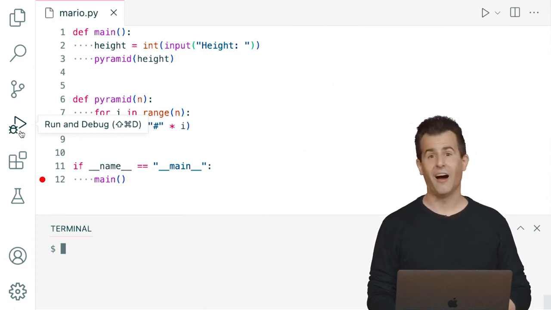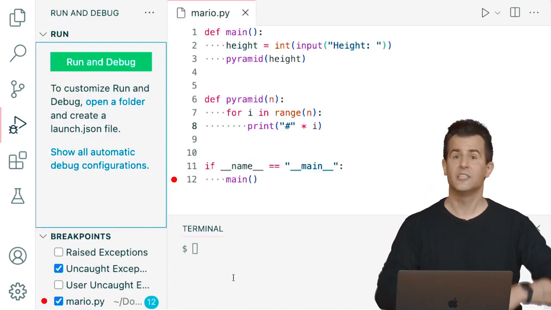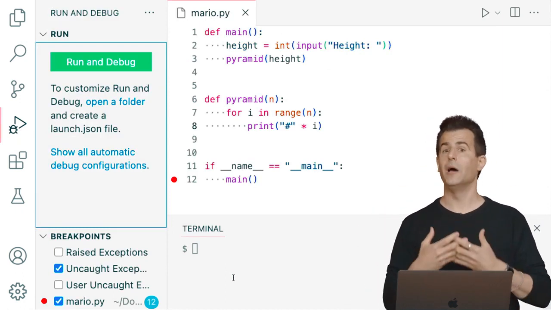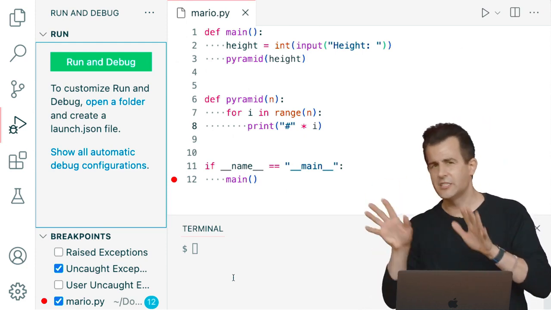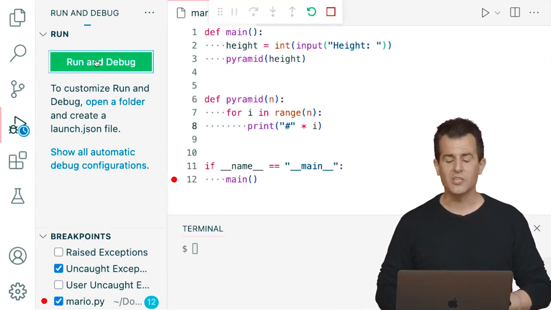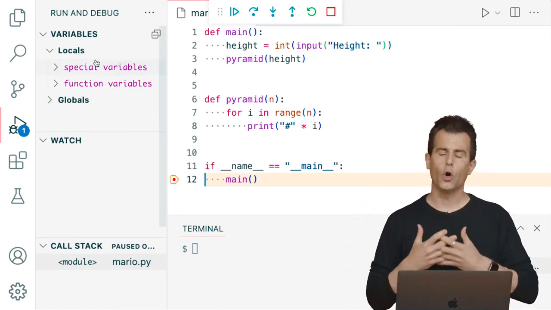And it's the little play icon with what appears to be an actual bug on it. And when I click that, this additional panel opens up in VS Code. And its big button there is called Run and Debug. Now, I could follow more of the directions and customize it further, but I'm just going to go ahead and click Run and Debug. And using some default settings that I might have specified earlier too, it's going to run